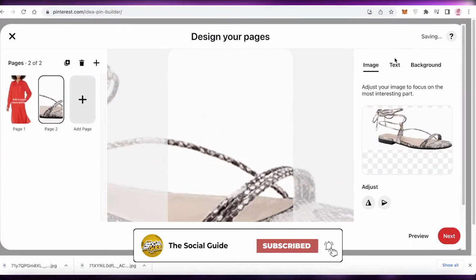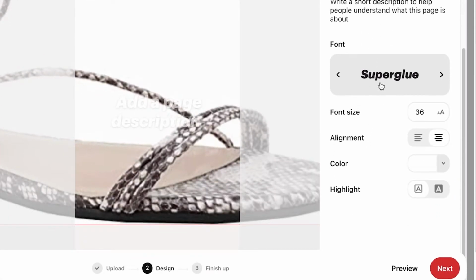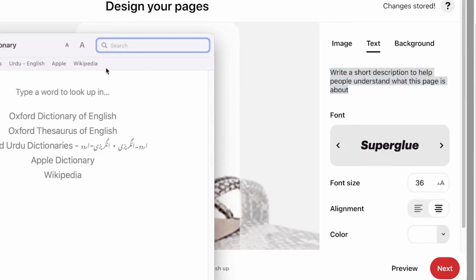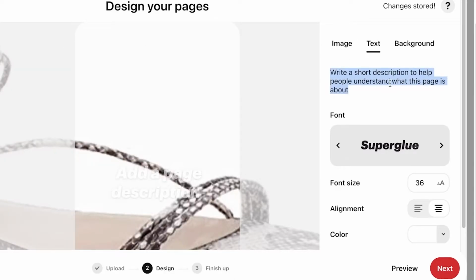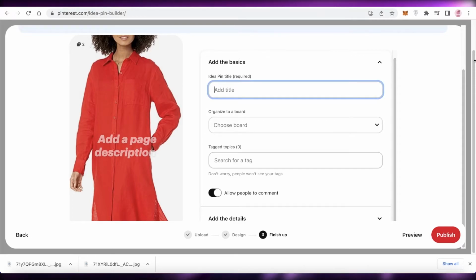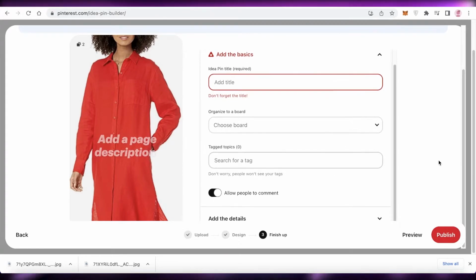And then you're going to click on text, and then you're going to add the description, which is going to also have the title. And then once you have your title, you're going to add the description. So you can just paste your link. You're going to click on paste over here and paste the link, and once you've done that, you're going to click on next, and you're going to add the basics, which is going to be the pin title, the board, and the tag topics. Then you're going to click on publish over here,